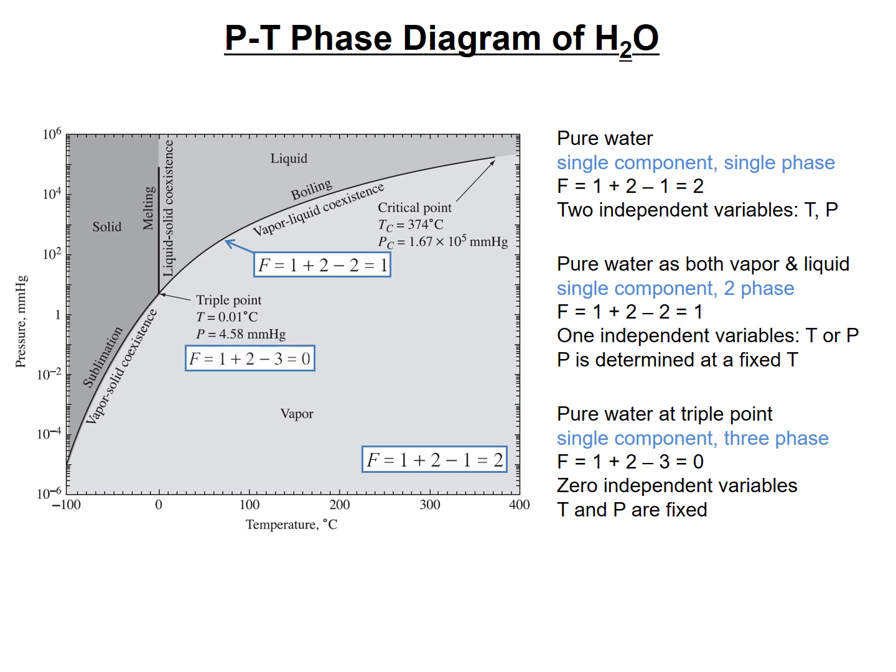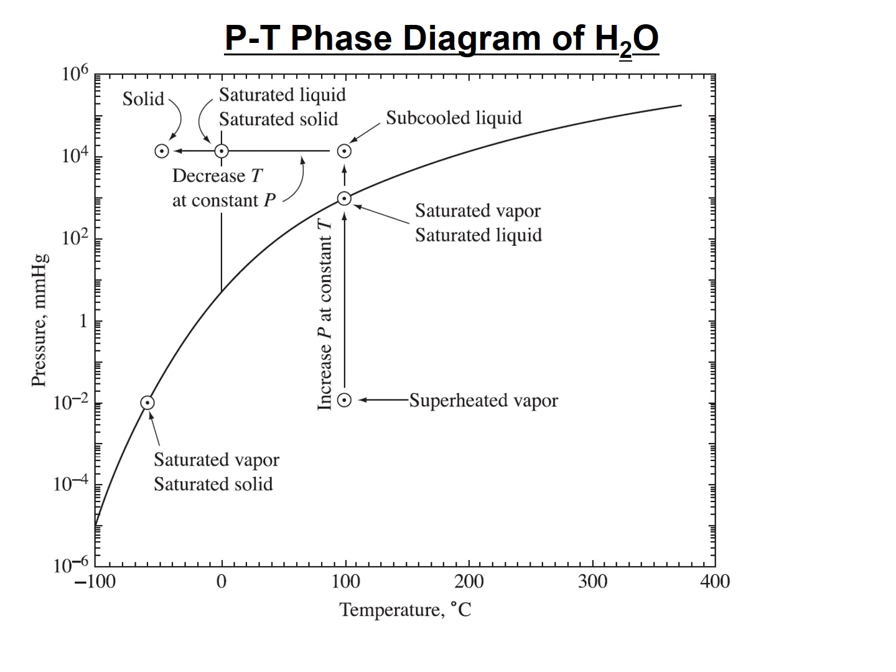So I have calculated it already. Then still we are on the same pressure, temperature phase diagram of water. Everything is the same. Here is the vapor liquid coexistence line. Here, liquid solid coexistence. This one, vapor solid coexistence line. And let me check some points in this pressure temperature diagram.